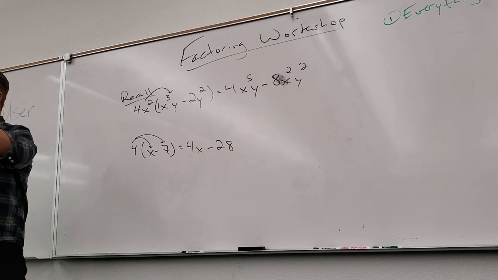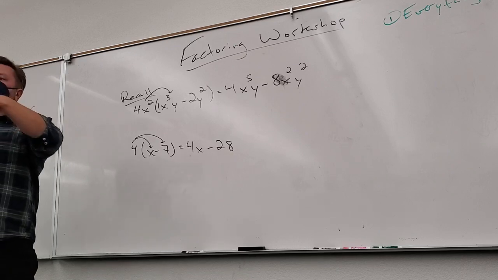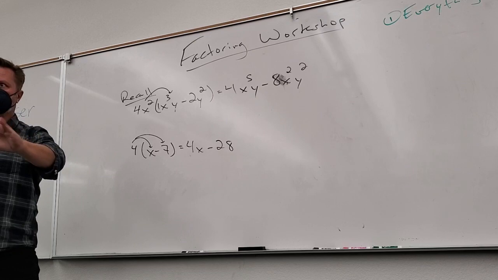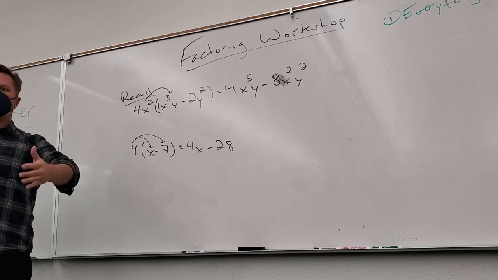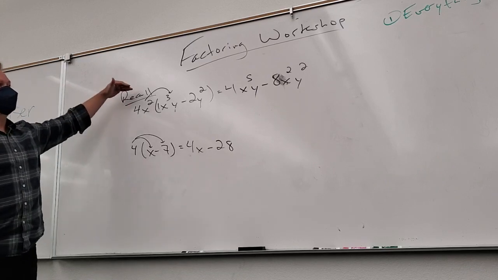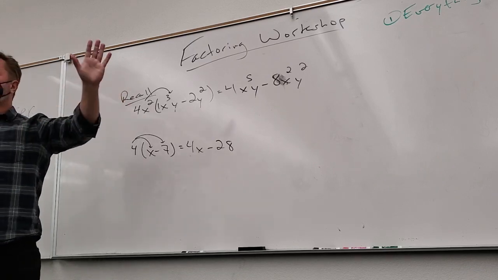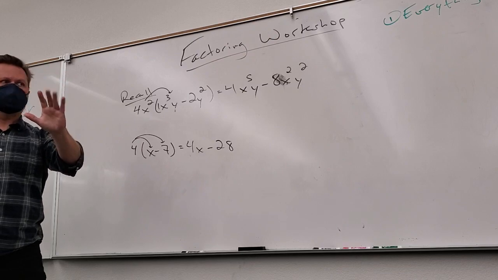So I just want to do a quick review of distribution, because the most basic form of factoring, the one that shows up in other forms, is GCF, greatest common factor. All it really is is undistribution. It's just undoing any distribution that was done. So for example,